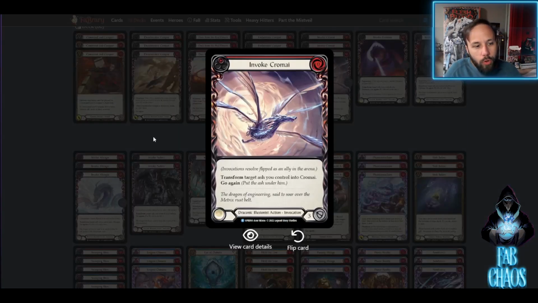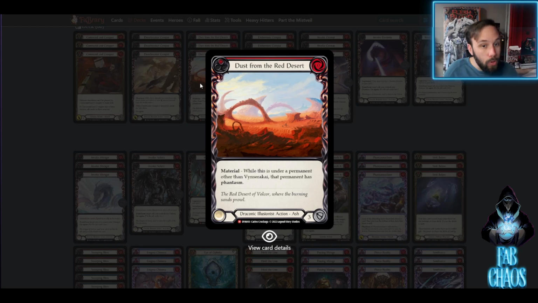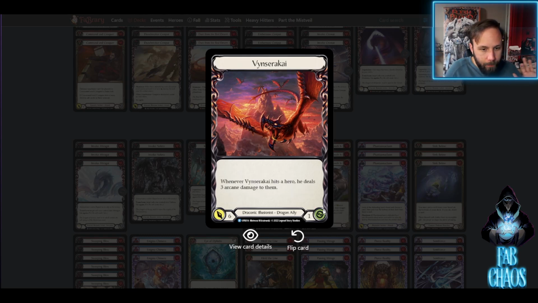So the main reason we use Chromai and Miragai is, with Chromai, sometimes we like it because we have so much stuff to do with our action point. Actually generating a Chromai in order to develop a new dust from the Red Desert is pretty relevant. As you can see, we run 3 copies of Viscerai, and Viscerai probably is one of the most important dragons in this deck because